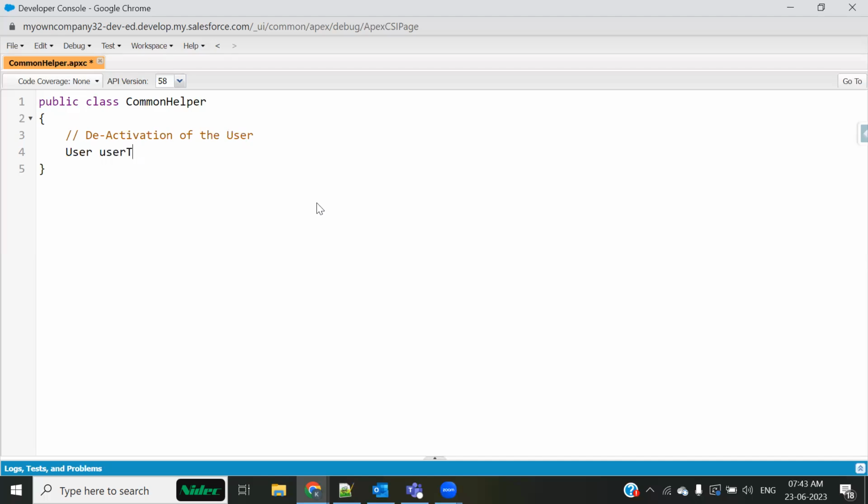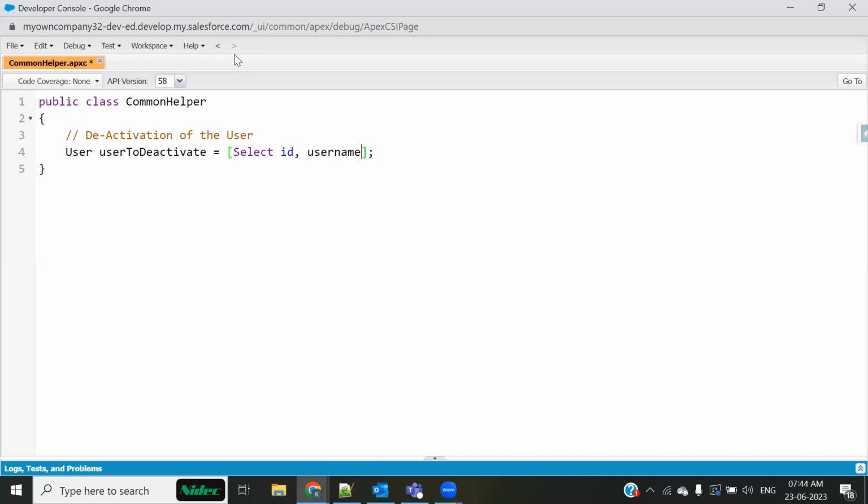User to deactivate equals to, I would be firing a query for this. I'd be firing a query, and let's just select ID, username,